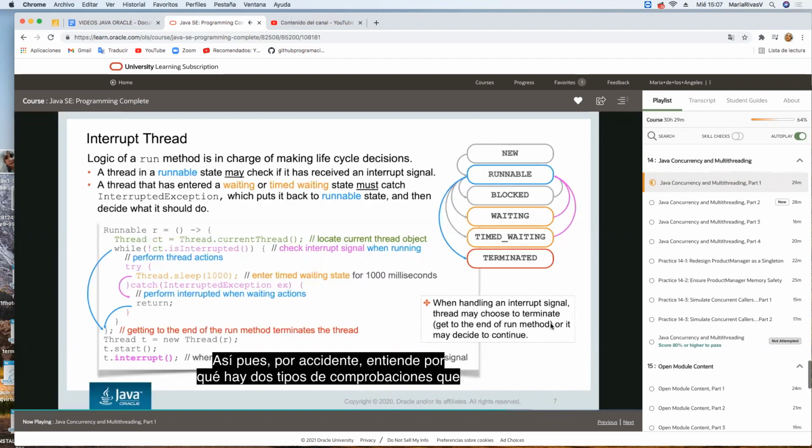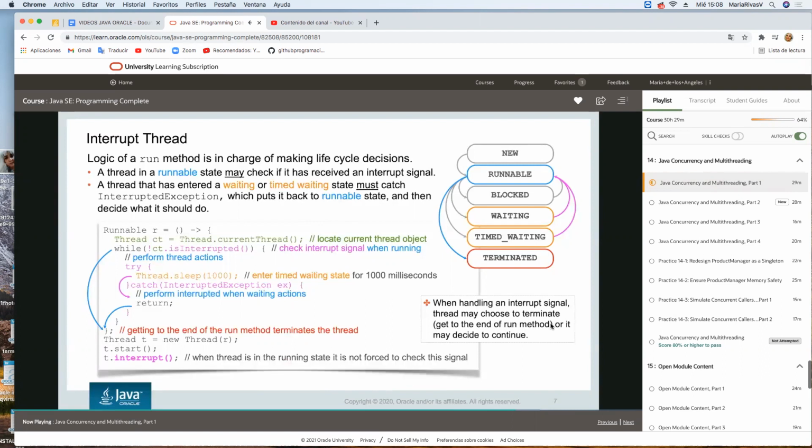So hopefully you now understand why there are two types of checks that you perform. You check whenever you get an InterruptedException. If your thread is not currently in running state, that's the only chance for you to know that somebody sent you an interrupt signal. Or you just check the isInterrupted method. If your thread currently is in the running state, then you know somebody sent you the interrupt signal. If you do neither, then the thread does not react to the interrupt signal at all. Okay, now